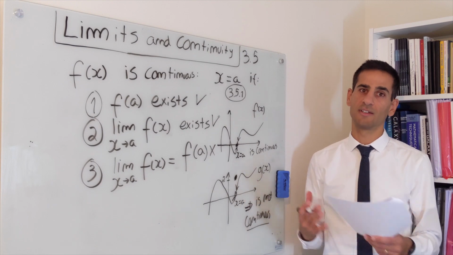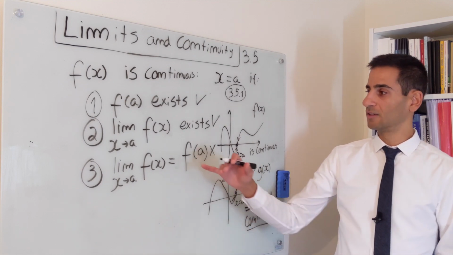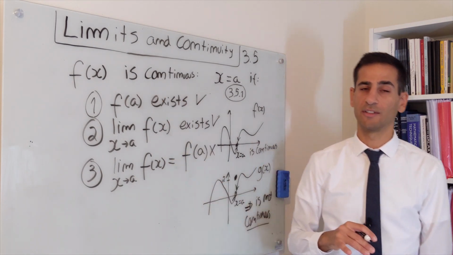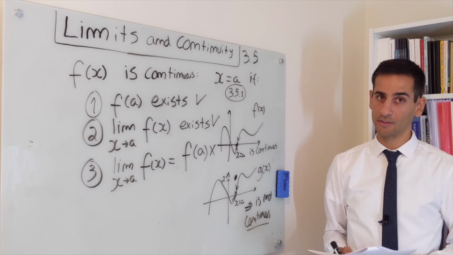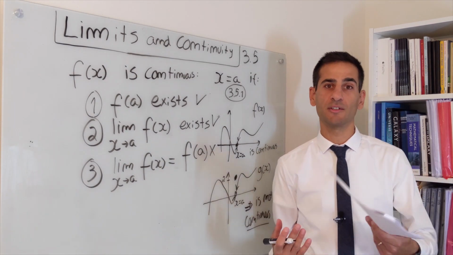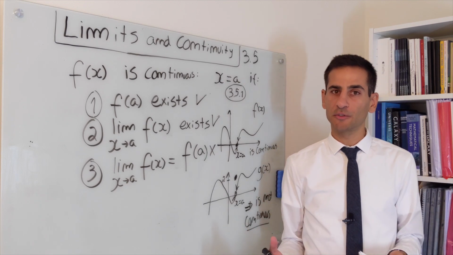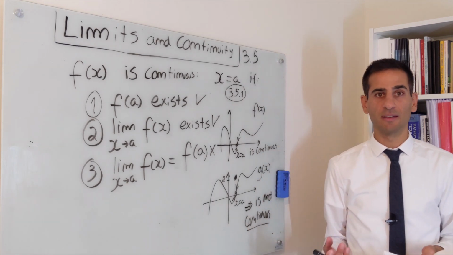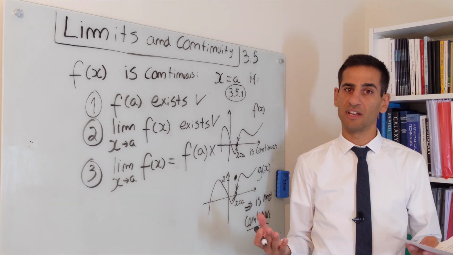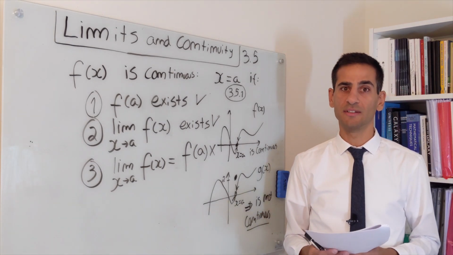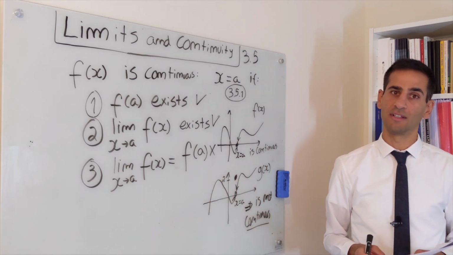So this is essentially the way that you go about it if you want to check whether a function is or is not continuous at a specific point. You need to fulfill all 3 of these criteria, and if one of them is not fulfilled, then it is not continuous. As you'll see in the lecture notes, there are also plenty of other examples of functions that are continuous. Trigonometric functions tend to be continuous, except at points where you're dividing by 0. For example, the tangent or cosecant, where you're dividing by either sine or cosine, and they get to 0.